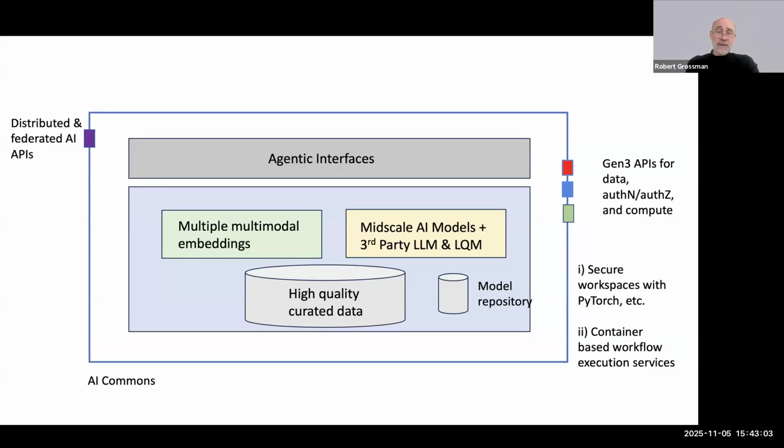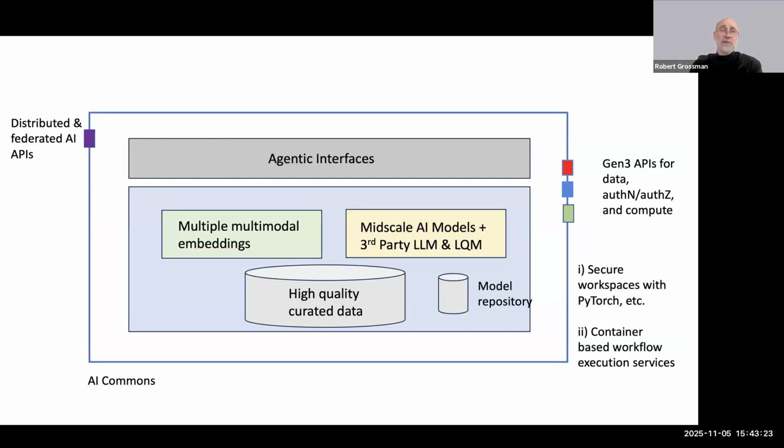We are looking at leveraging high quality curated data. We could build models in two ways: in secure workspaces with PyTorch or through container-based workflow execution services, both of which are available in Gen3 today.